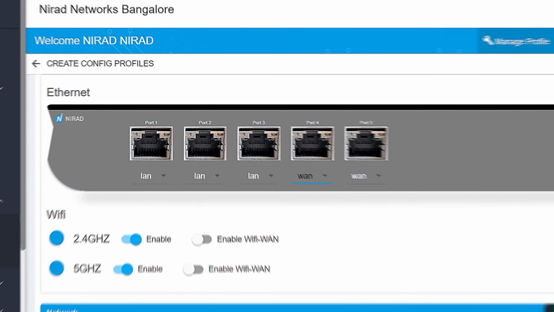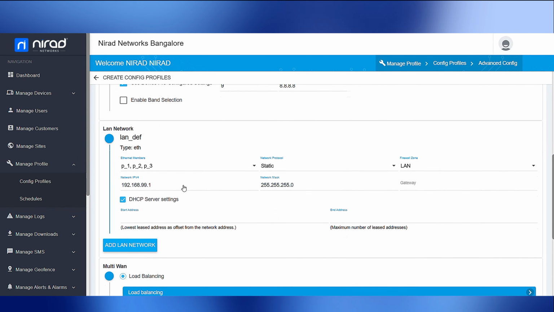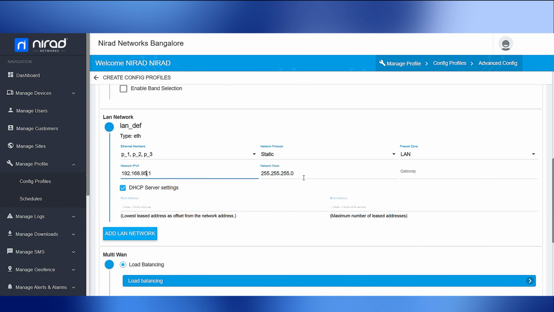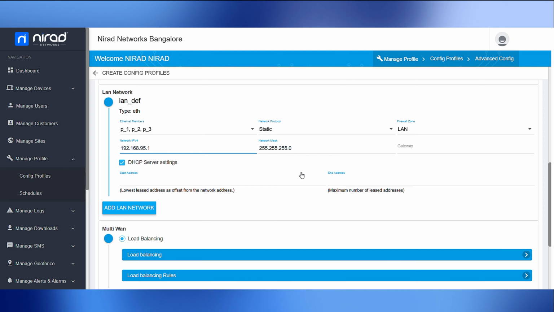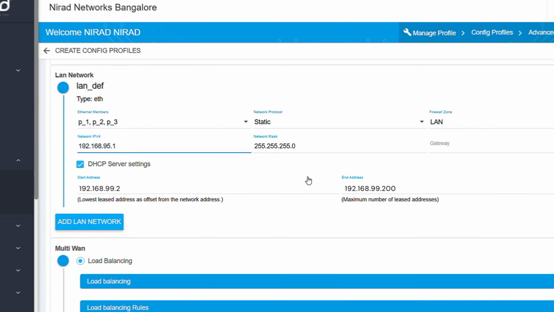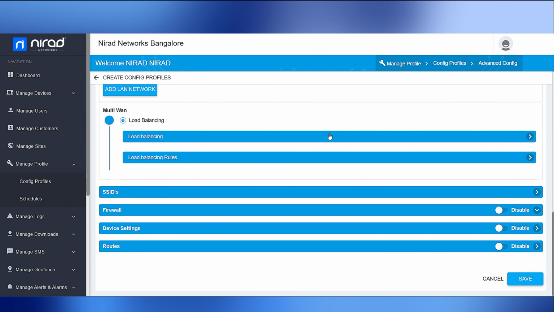Under Networks, open the LAN network section. By default, 4 ports are attached here because port 4 comes pre-configured. We bridge 3 of these ports together, assign a static protocol, and give them an IP. For DHCP, the system automatically provides a range from 192.168.99.2 to 192.168.99.200. Your multi-WAN configuration is already set by default, so you don't need to make any changes unless you want